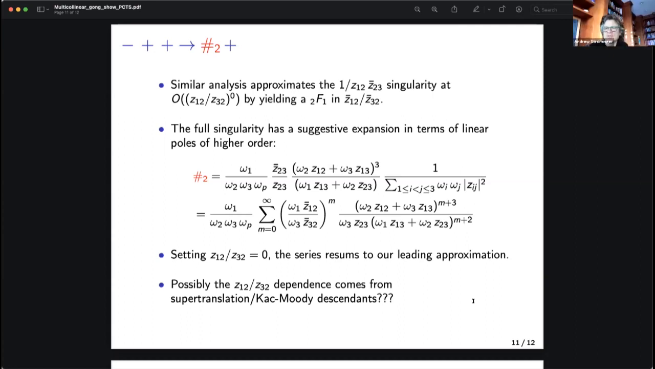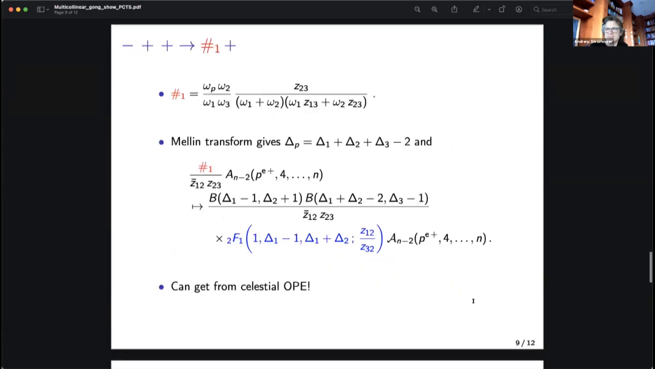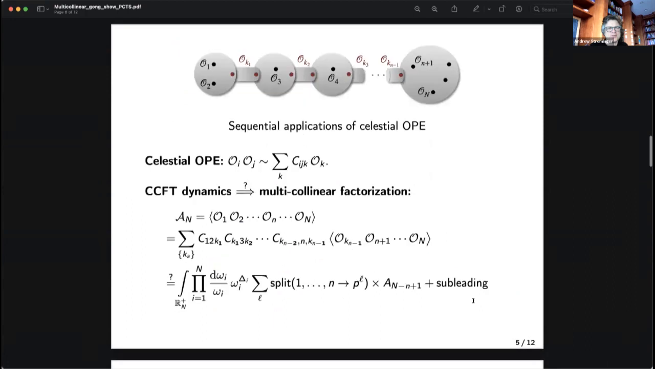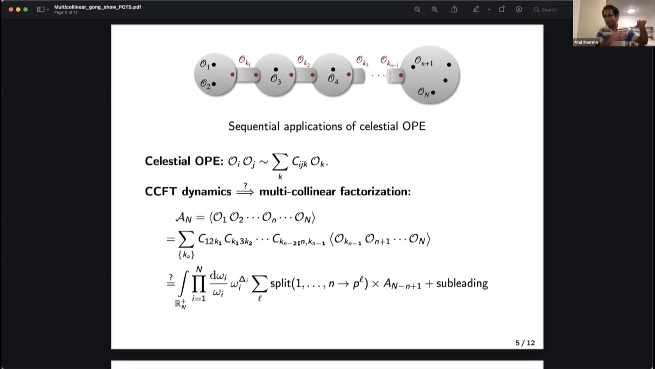Could you try to say more generally what you mean by your first point, that you can see 4D physics emerging from 2D physics? Oh yeah, basically this is the basic test that I try to do. If you have O1, O2 up to ON, use the OPE of O1 and O2 to get C1 to K1, then the OPE of OK1 with O3, and so on. You can get a sequential OPE. This is the full OPE, not the leading OPE. If you knew the full OPE, you should be able to reconstruct the complete amplitude holographically,